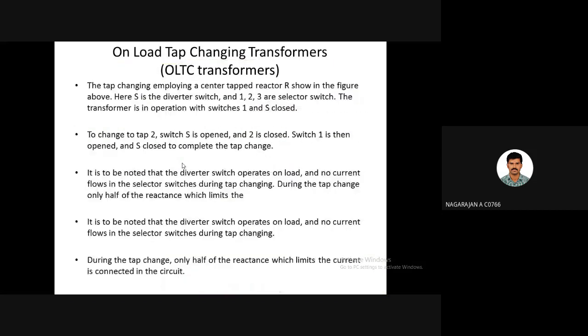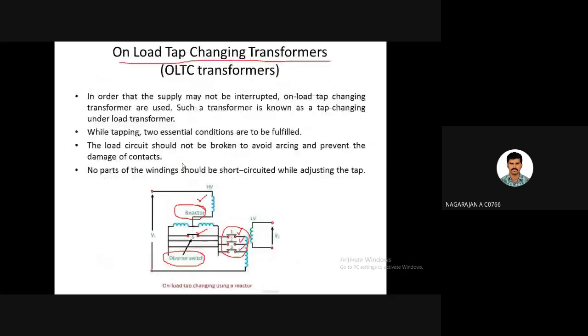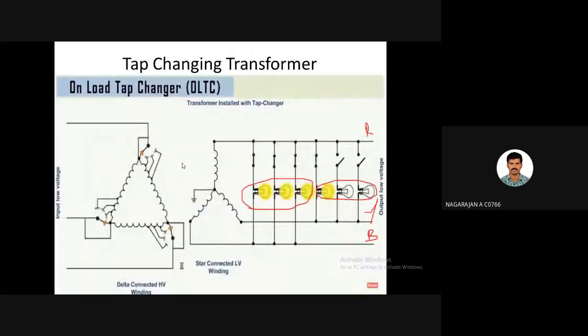I'll tell you. The first benefit is, when tappings are changed, high current will be passing. Note it down. When tappings are changed, when the machine is on load, which is what we are studying, high current will be passing. There is a possibility of short circuit creation, which will lead to high current passage. So this high current can be reduced by connecting the tappings in the high voltage side.